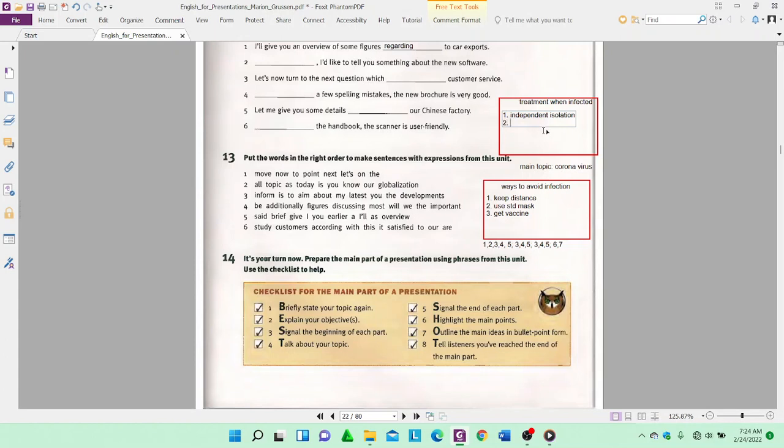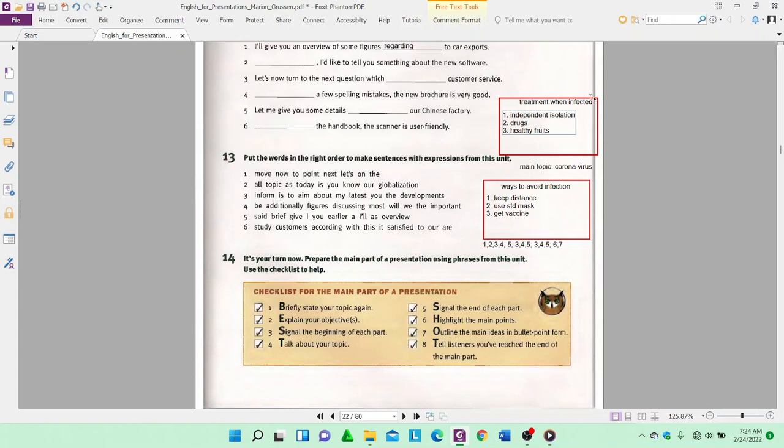Lalu yang kedua misalnya ya, apa ya, obat misalnya ya, drugs. Lalu yang ketiga misalnya healthy fruit. Nah, ini contoh saja ya. Nah, ketika kita masuk ke sini mulainya dari mana? Dari dua, ya kan? Signal explain your objective. Objective of this particular slide, right? Let's move on to the next slide.